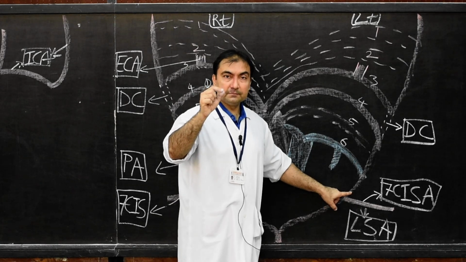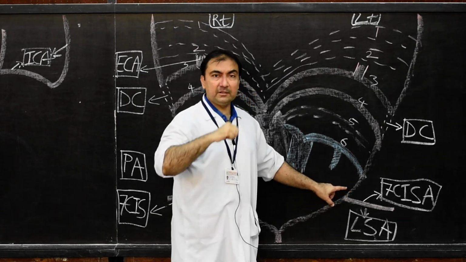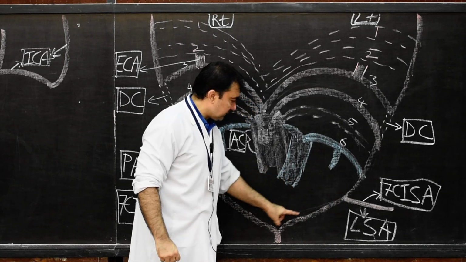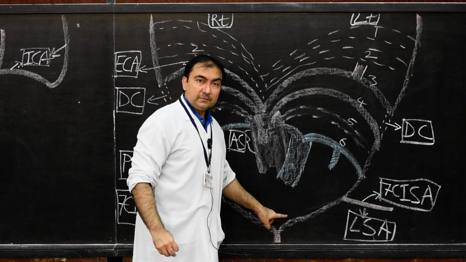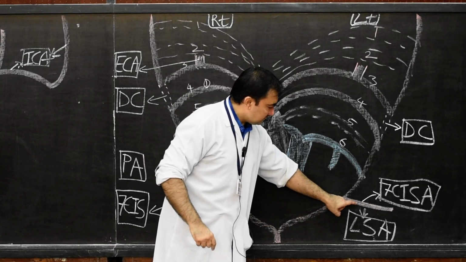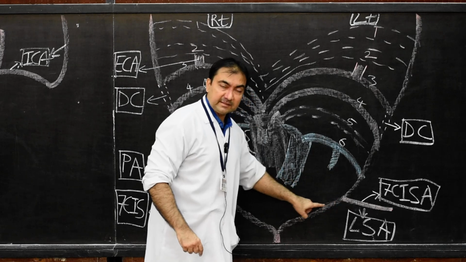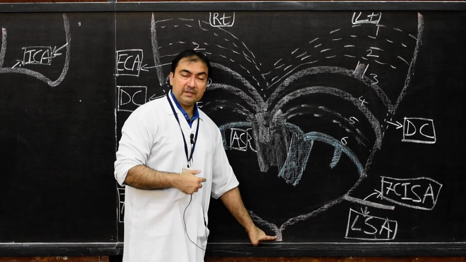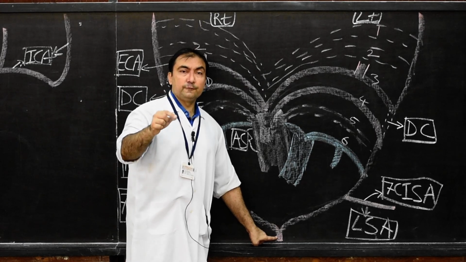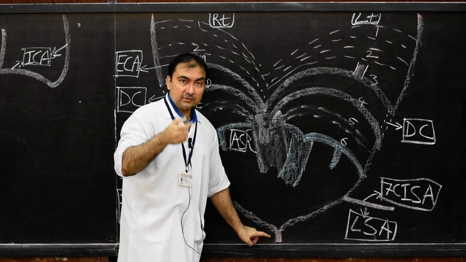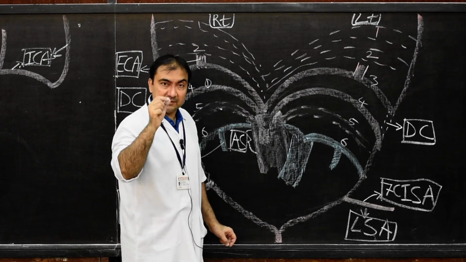And third segment of the arch of aorta, this is the distal segment of the arch of aorta. This will develop from the left dorsal aorta distal to left 7th cervical intersegmental artery till the level of, what will be this level? Remember, we have marked this level, T4 level. This is the arch of aorta. So what are those segments? Once again I repeat, these segments you have to note down.